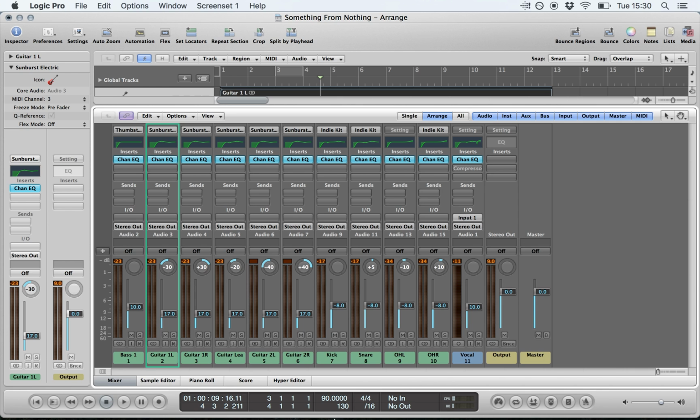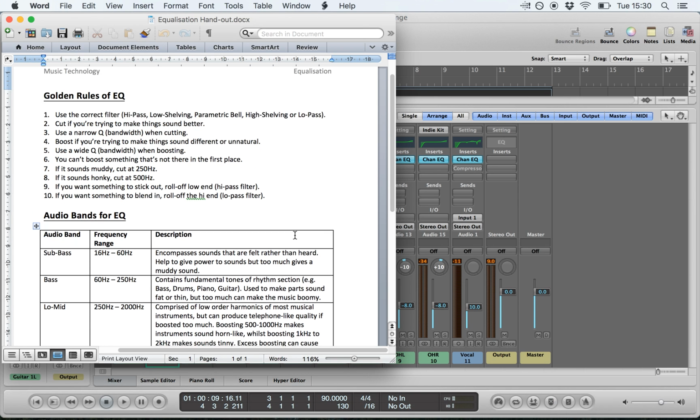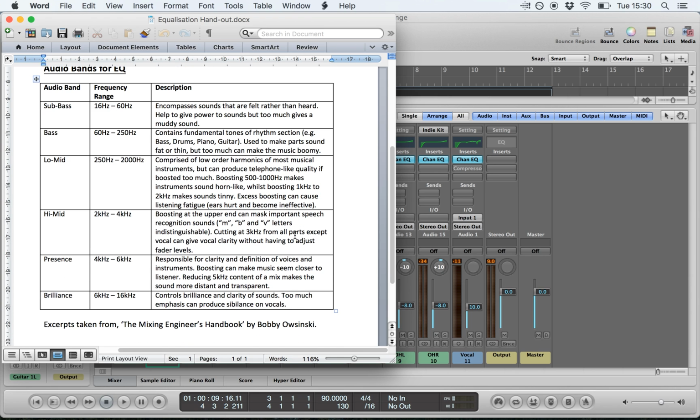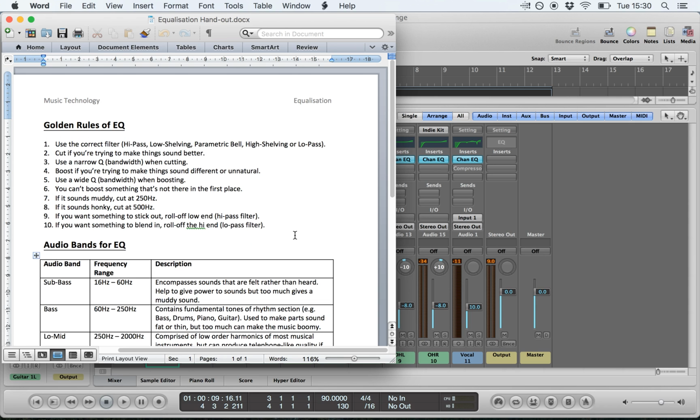Again, don't forget to refer back to the golden rules of EQ and the audio bands for EQ so that you're really sure and certain about the theory of EQ and you can justify your use of it.